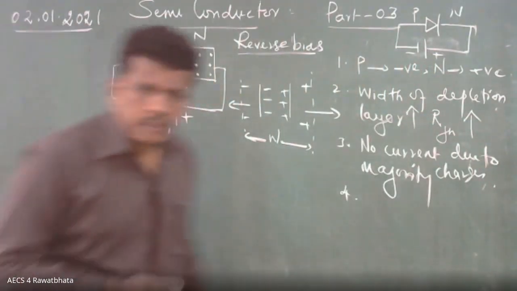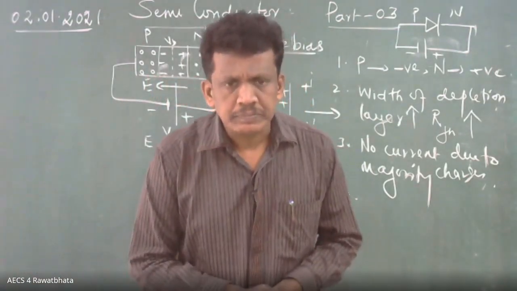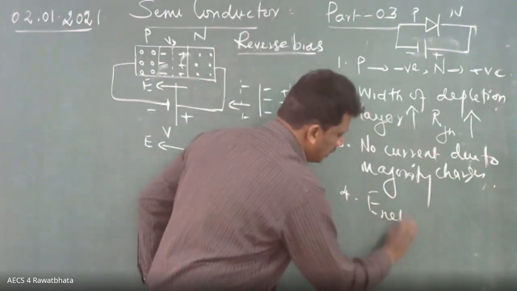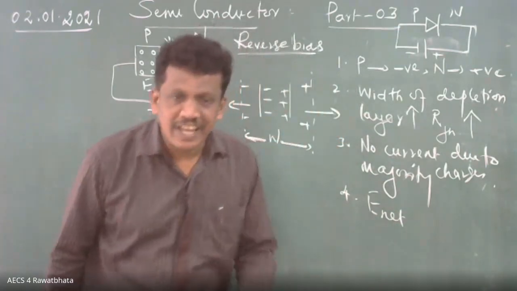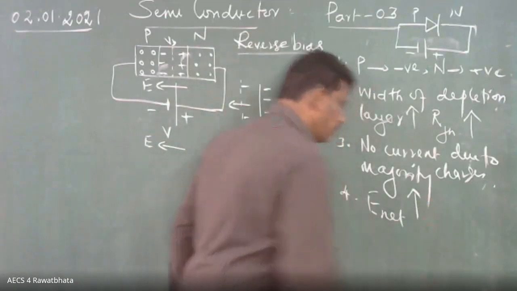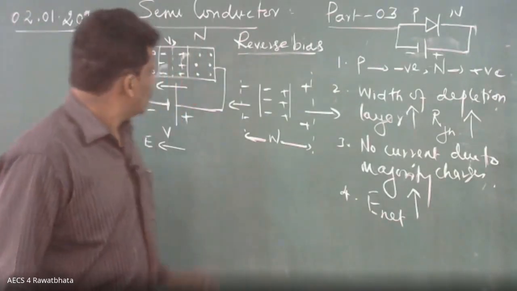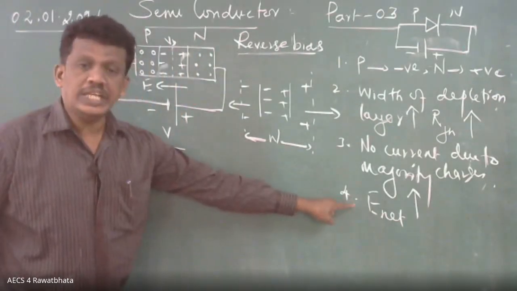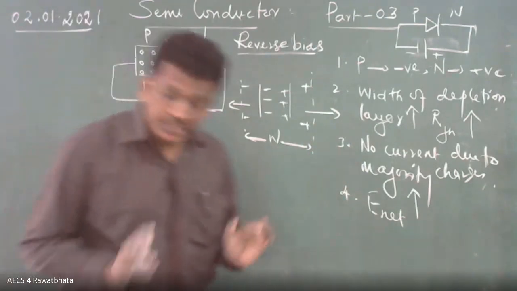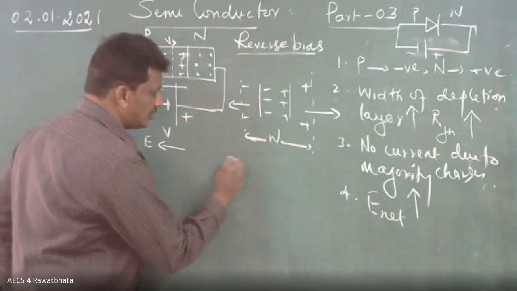Same direction. Same direction means what about in vector? What you will do? It will be added or subtracted? Added. So what will be the net electric field? Increases or decreases? Increases. Yes, Roshini, Saloni, others are responding. Good. So net electric field increases. Where? In forward bias, reverse bias. Then how we will get the current? Reverse bias also you are getting the current.